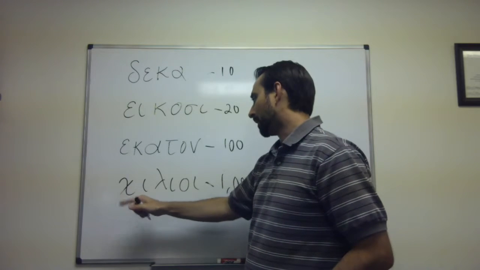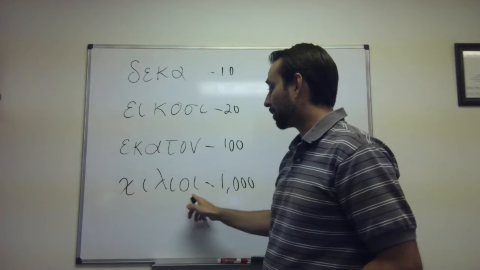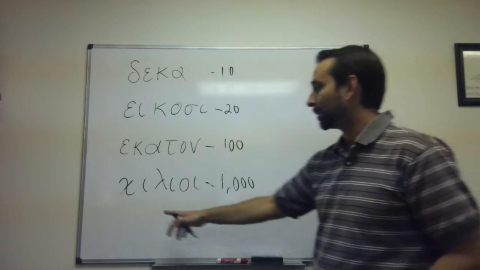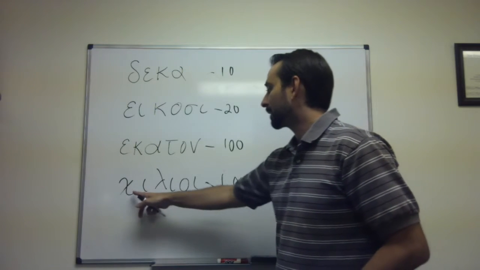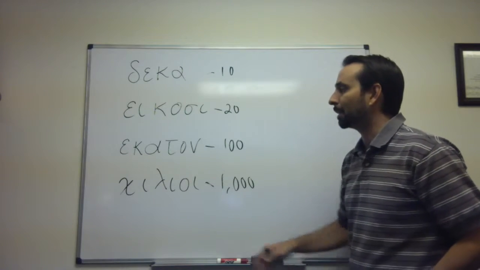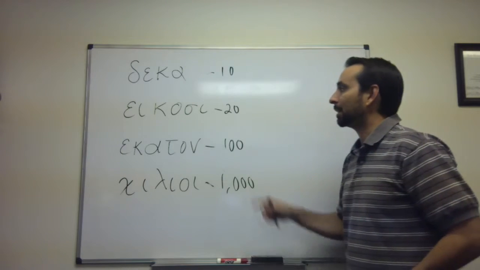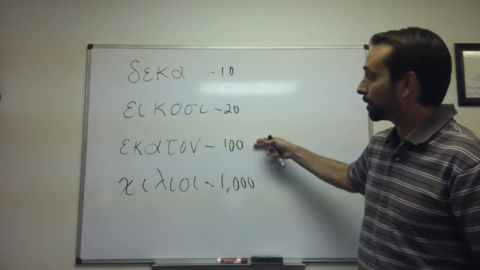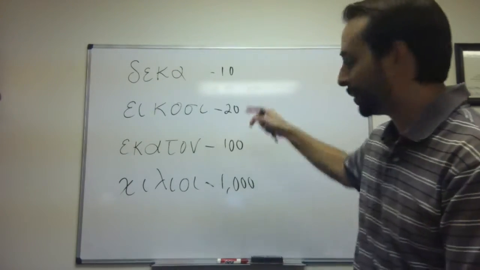That would be, I haven't said these in a long time, chi-li-oi. You've got a diphthong there, so it's oi. So notice how I pronounced the syllables: chi, li, oi, chi, li, oi. And ekaton, and ekosi is 20. Okay, so those are your numbers for 10, 20, 100,